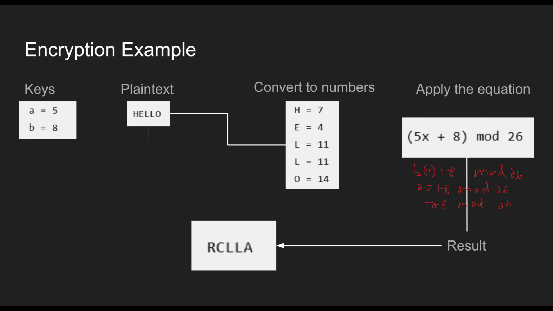And that simplifies to 2. And as we noted above, A is 0 from our character list, B is 1, C is 2. So we say C is the encrypted value for E. Perfect. And then we do the same thing for L, and we do the same thing for O, and we inevitably end up with this